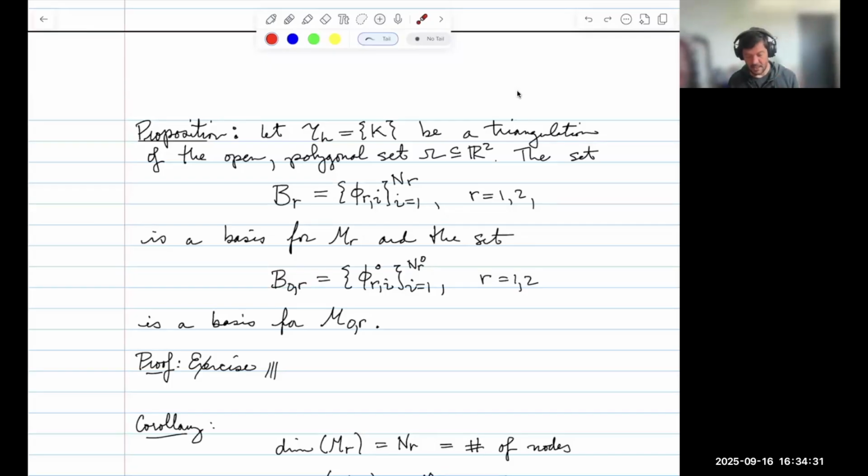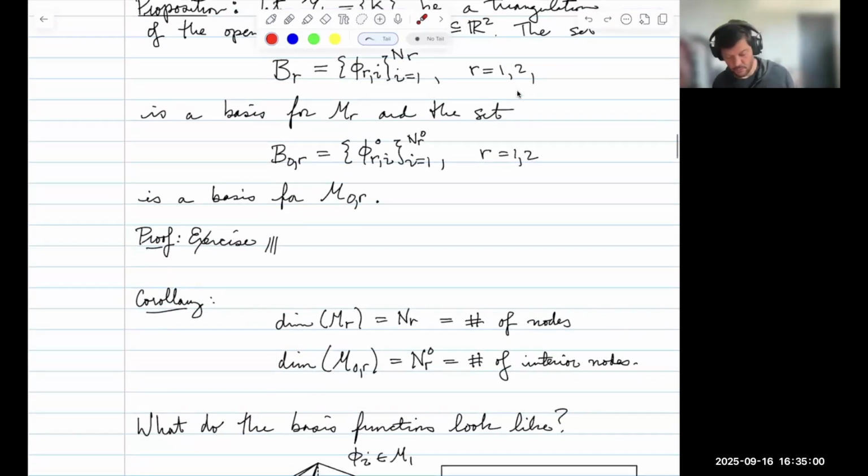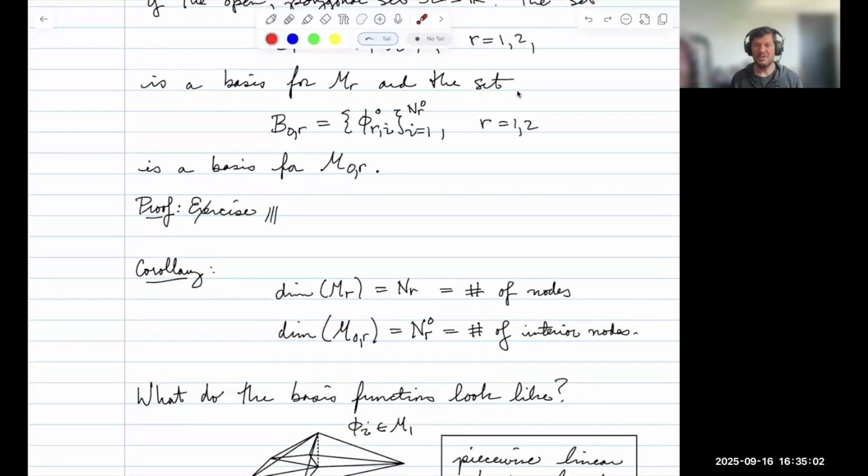So you need to show spanning and linear independence in both of these cases. I'm not going to ask that you do this or worry about this. In some sense, it's not necessarily mechanical and super straightforward. It does require some steps. But once you know how to do the one-dimensional case, then filling in the details of those steps is not too difficult. So we're not going to prove those, but hopefully once I show you what these functions look like, you'll say, "Oh yeah,